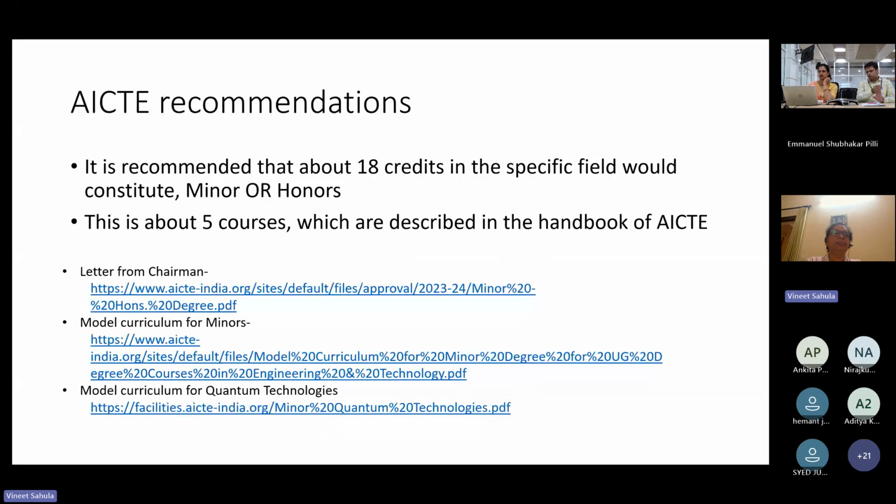You can see the letter from Professor Sitaraman Sahab, where he describes how these minors have to be floated, and each college and university is now free to offer those minors so that they can attract good students who are interested in emerging areas specialization. The model curriculum for minors is also available on the AICTE site. These slides will be shared by the organizing team, Dr. Menka and Ramesh and Geeta. And we have taken up that mission to offer our FDPs aligned with those minor areas.